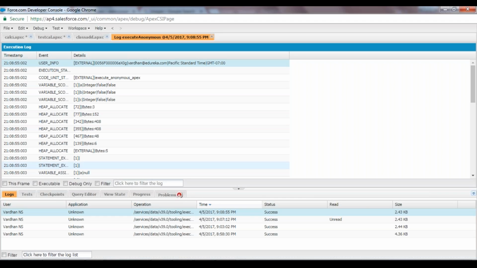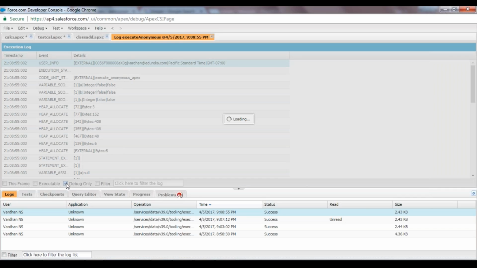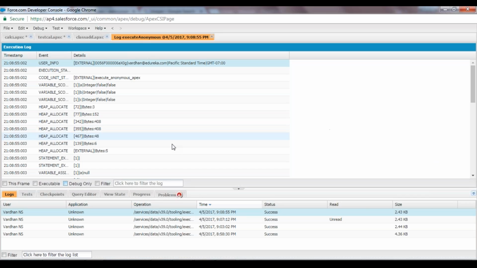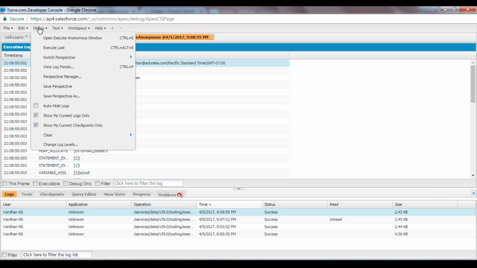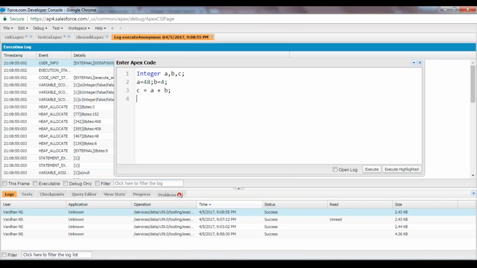then further logs will be read here. But of course there will be nothing present. So what we need to do is go back to the anonymous window and say